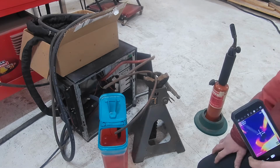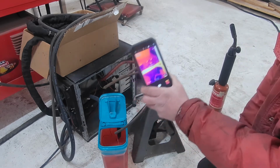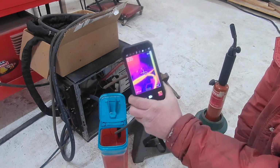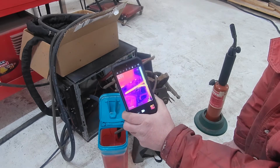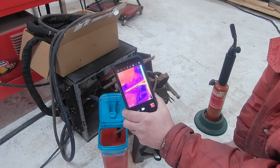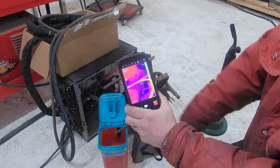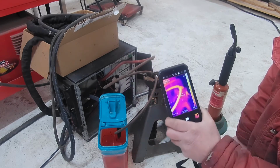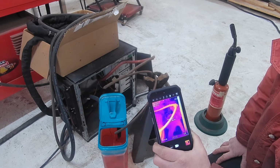And let's take the flame off and see what happens. We'll probably see that cooling carry through here. In fact, already, that's dropped right down. So that's the cold fluid running through there, cooling the copper down. That's from what's in the reservoir. Here you can still see a little more heat where it's come down. Hasn't reached yet